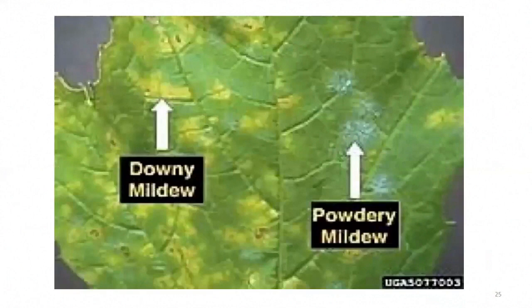These downy mildews exclusively belong to the Peronosporaceae family. In commercial agriculture, they are a particular problem for growers of crucifers, including grapes and the vegetables that grow on vines. Whereas this is powdery mildew, here you can see the differences between these two kinds of fungal diseases. Powdery mildew